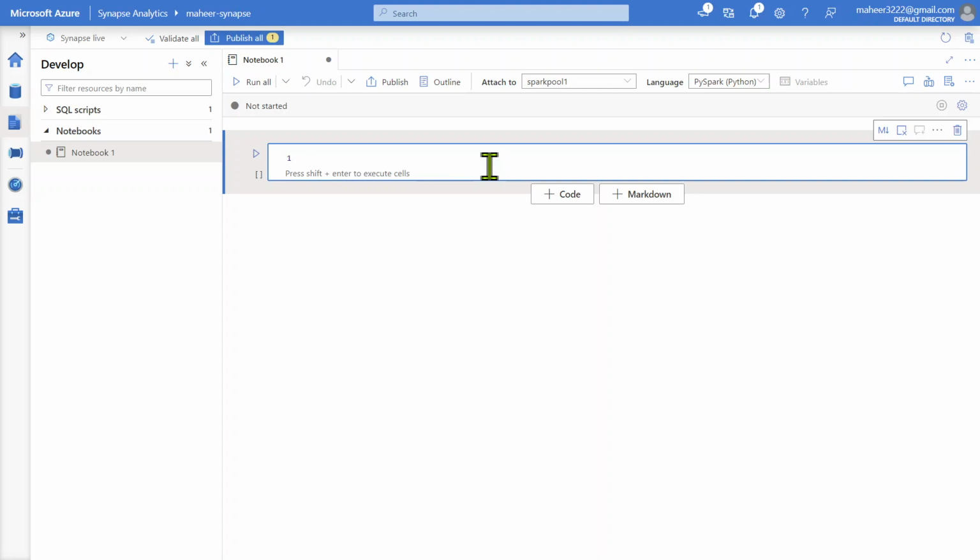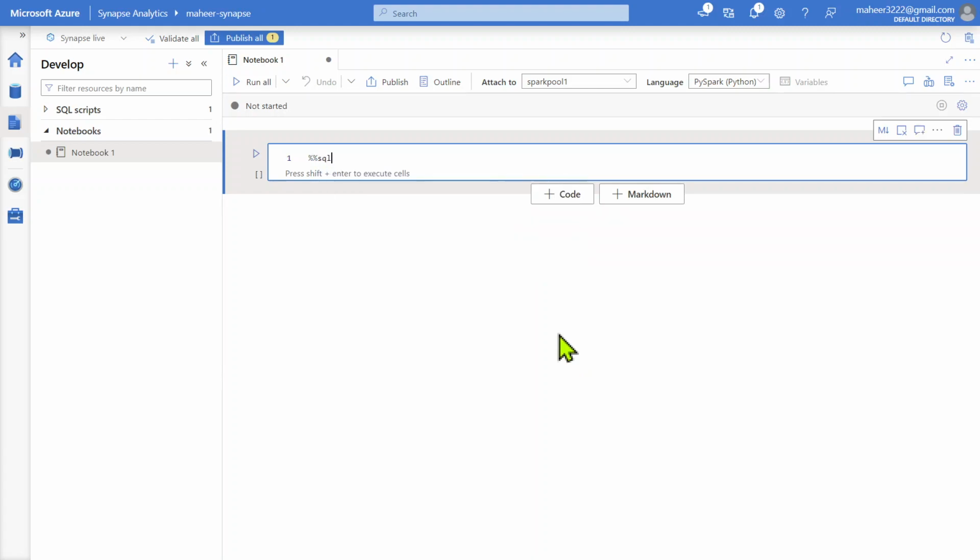In this notebook, you can write all your Scala code or PySpark code. Since it is Synapse, even .NET has a set of libraries for Spark. So you can run different types of languages to query or process your big data. In this demo, we are going to utilize PySpark, and also observe this: under the language field we selected PySpark as the default language. That means whatever I write inside this notebook is going to be considered PySpark. If you want to switch from one language to another while developing your notebook, you can very easily do that using magic commands.